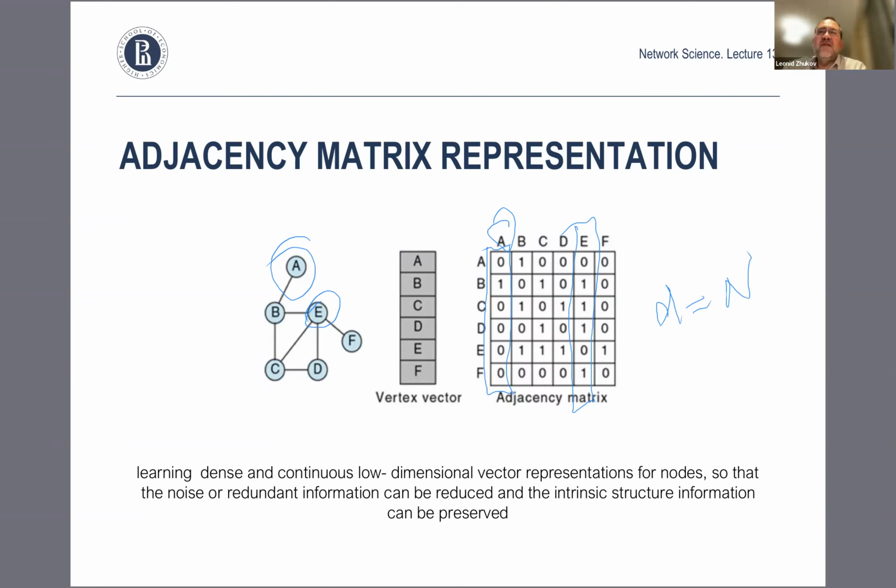Now, the problem is, of course, and by the way, in this type of embedding, we preserve all the information, right? Because the adjacency matrix and the graph are just different representations. So we completely preserve the information, but did we achieve anything? Well, not really, because